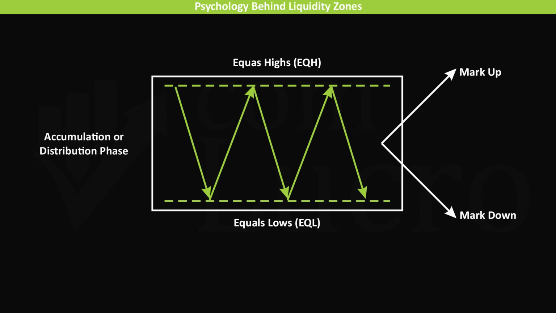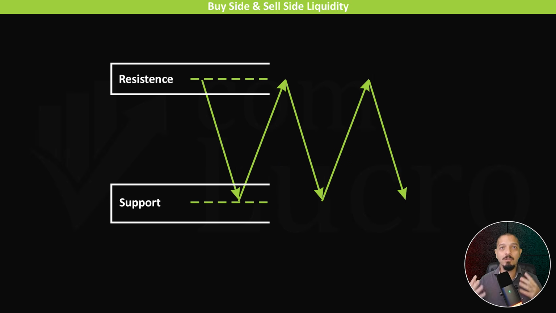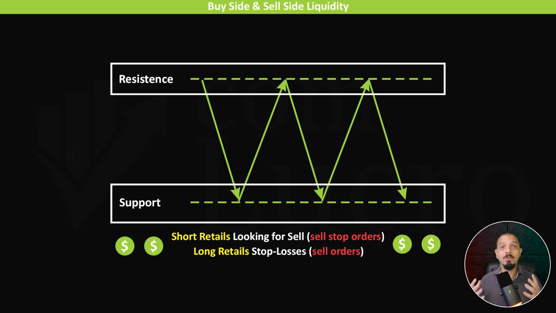Within these structures, we typically observe zones where price consistently reacts, forming areas of support below and resistance above. Retail traders typically look to buy when price approaches a lower boundary or a perceived support area, placing their stop losses just below it. This creates a concentration of orders beneath that zone, made up of the stop losses of buyers, ready to be triggered. In addition, it often includes sell stop orders from traders expecting a breakdown, believing price will continue lower once that